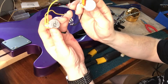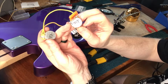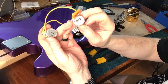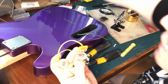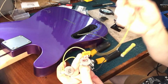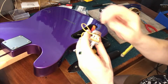All the grounds inside the control cavity are going to go to the back of this tone pot. And then there's the pickups actually ground to the bridge. I have to run a little piece of wire into the bridge. I've been using this swanky, honestly, I just bought it because it seemed like it was the cool thing to do. It's a cloth-covered vintage wire. And it's kind of been a pain in the ass to work with versus the stuff that's covered in plastic, honestly. But it looks nice, and it bends nice, and it's pretty strong. So as long as my soldering